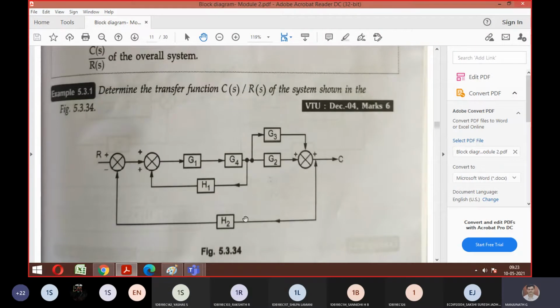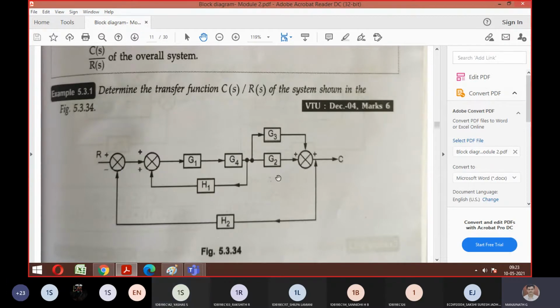Then this block and this block are going to be what? Cascade, sir. Cascade. So this is one block, and here you already took the parallel combination, right? So it becomes cascade. Then the last one, what I told you, is elimination. And here minus is there, so again you have to get the formula. Plus, plus. Is it fine? Yes, sir. Everyone?